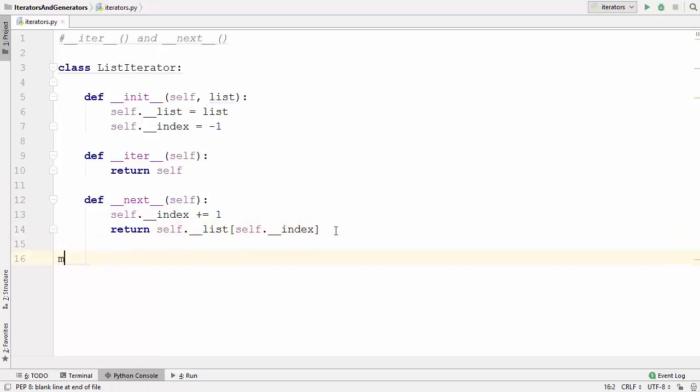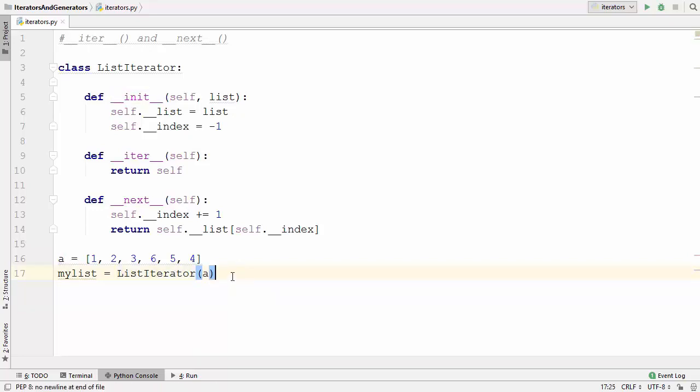So I'm going to say my list is equal to ListIterator, and this ListIterator takes an argument which is a collection, right? So let me create a list collection, and I'm going to name my list as A, and here I'm going to provide some values inside the list. So let's say we have these 6 values inside the list, and now we can pass this list as an argument of our ListIterator.